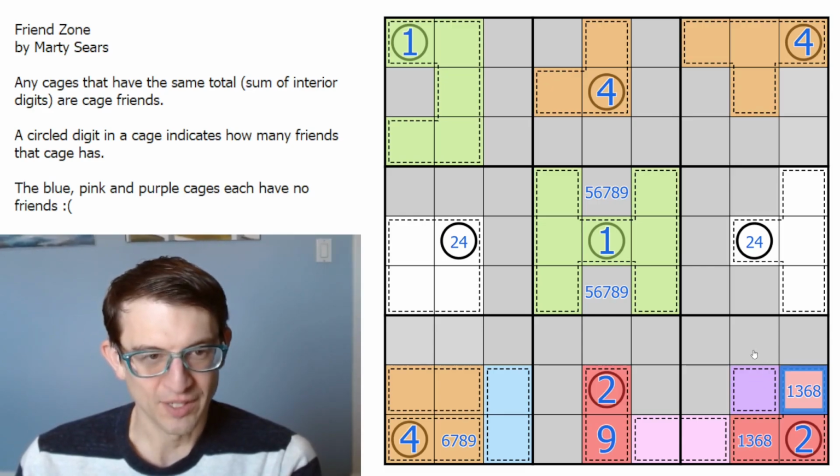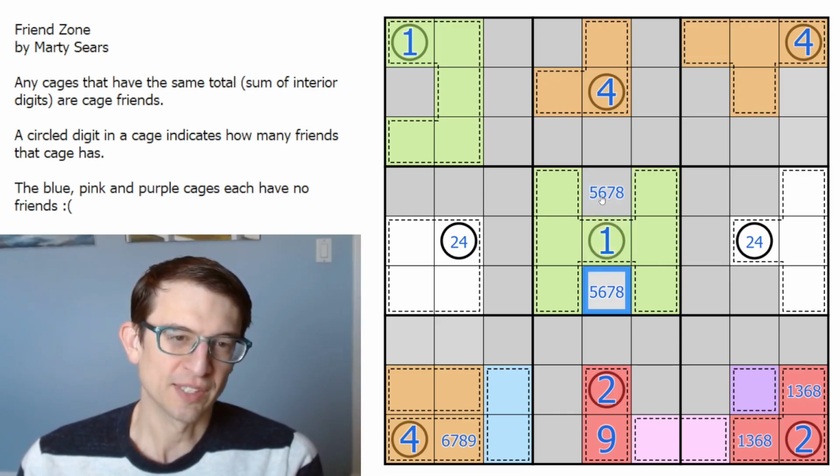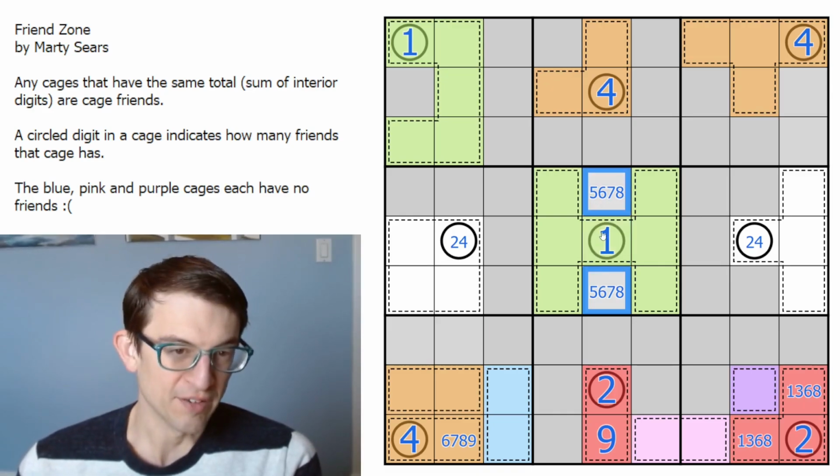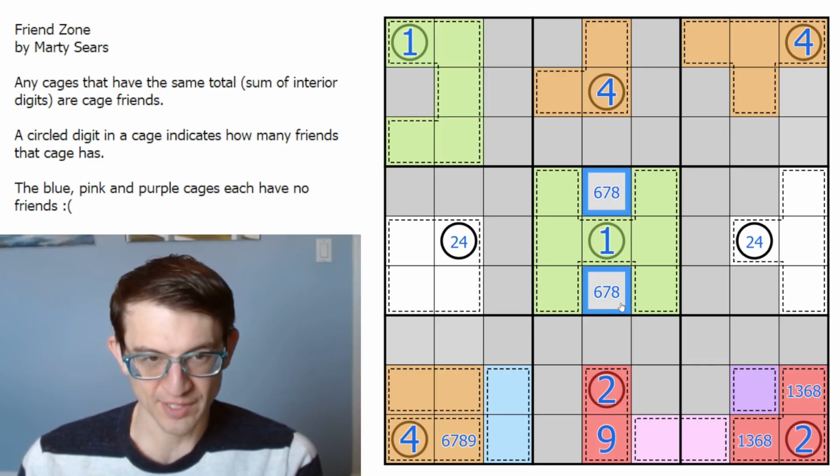Okay. What now? Now this 9 sees this. So now this can't be a 5, because the 5 needs to be a 9 with this. That's got to put some pressure here. Right? So the largest this can now be is 15,